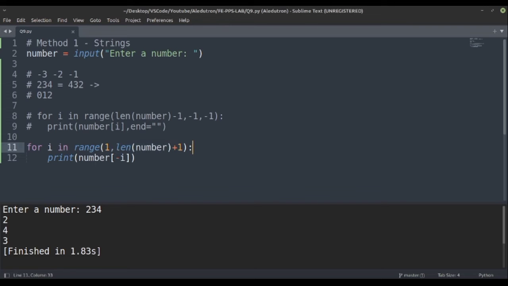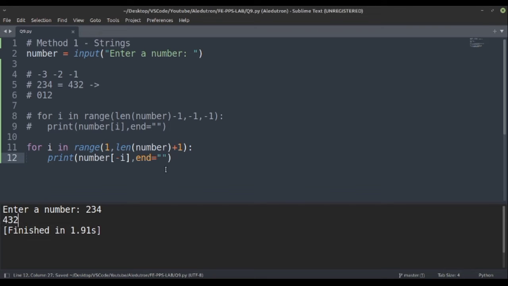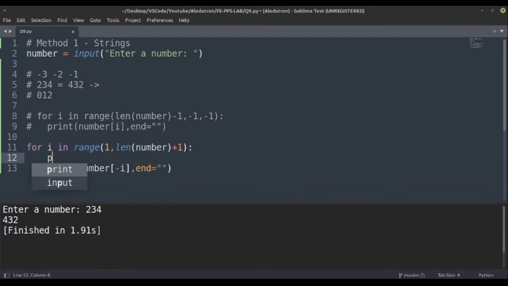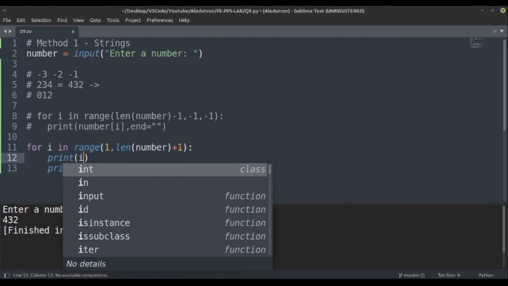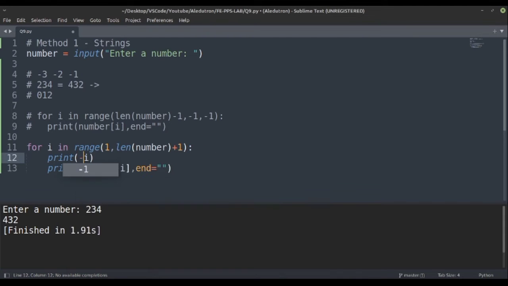And now if we run this, then 2, 3, 4 would give us 4, 3, 2. Similarly, end equal to empty string, and we would get the 4, 3, 2. So here basically we can print the I for each step, so that we will minus I for each step, so that we will get a good visualization. So 2, 3, 4,